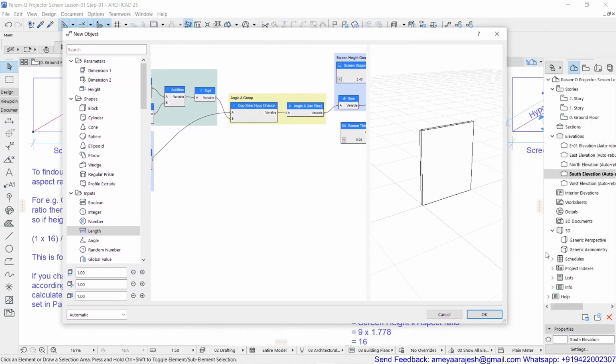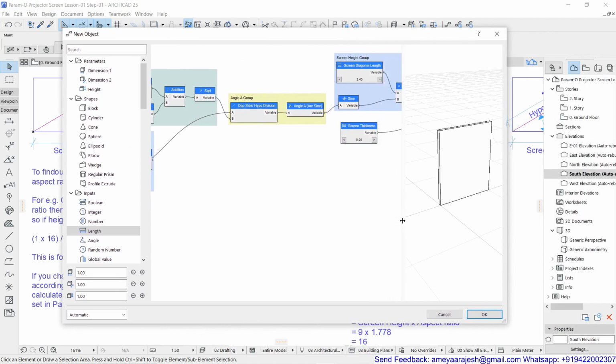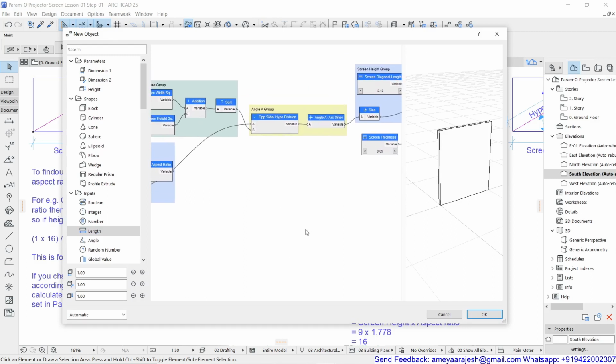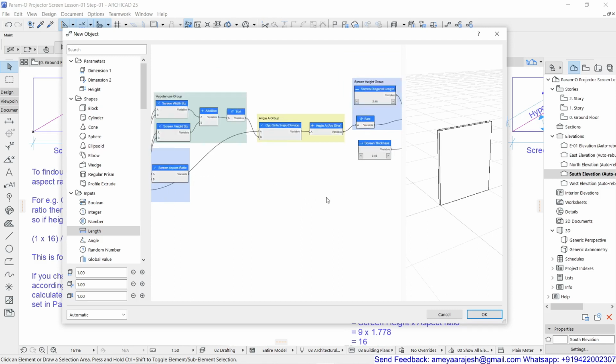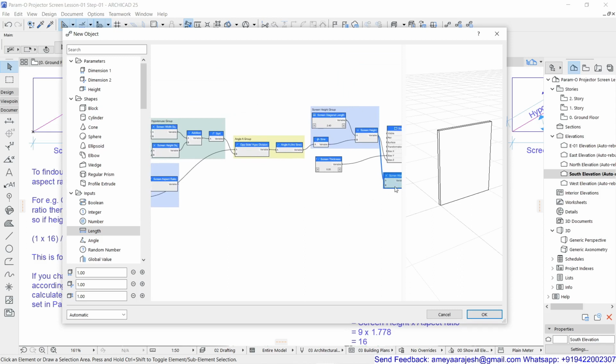If you're not able to get this on screen properly, please try to adjust this dialog box for your comfort. So I'm just going to drag this and this. First of all, let me change the screen. Okay, from here to here.